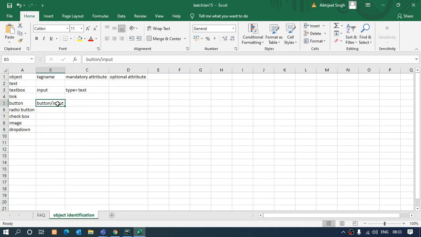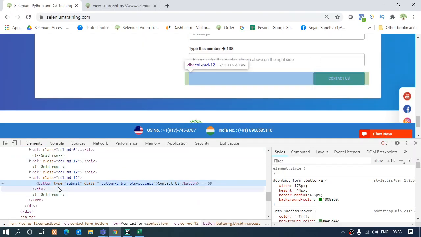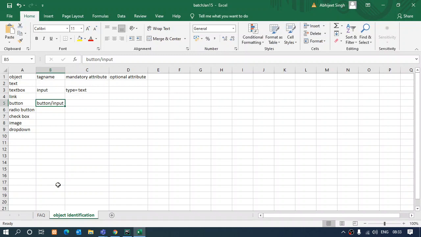Okay, but the mandatory attribute is going to be type, whose value will be submit. Okay, submit or button, both can be there, but usually you will find the type of a button as submit.